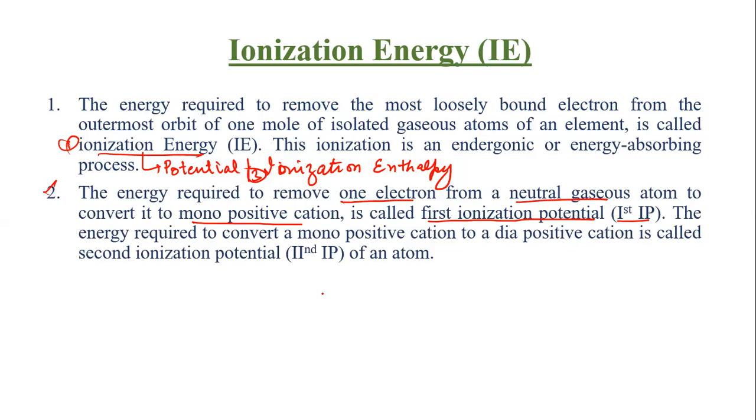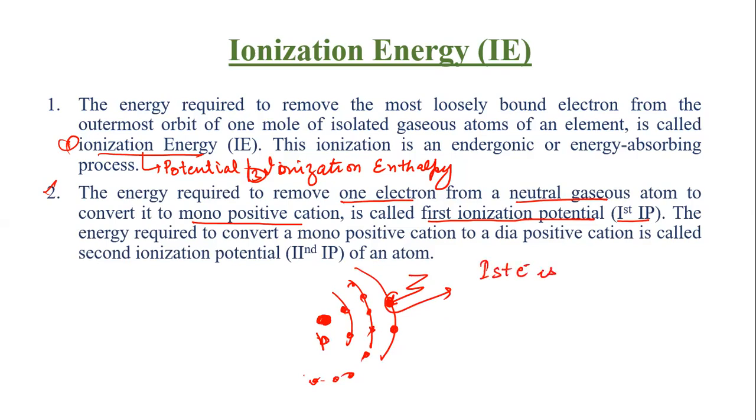Now again, I'm taking this as a proton, first shell, second shell, and this one is the third shell. It can be any number of shells, but I'm taking 3 only. So 2 electrons, and then there are 8 electrons: 1, 2, 3, 4, 5, 6, 7, and this one 8. And now there is 1 electron in the outer shell, for example. Now I supply some energy to that atom and this electron is removed. Clear? So now the first electron is removed.